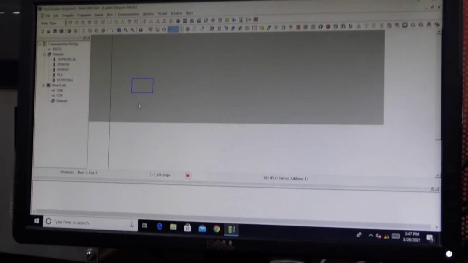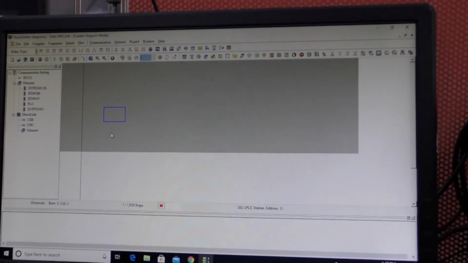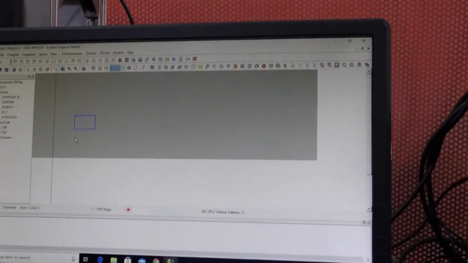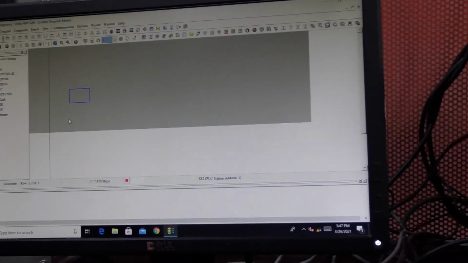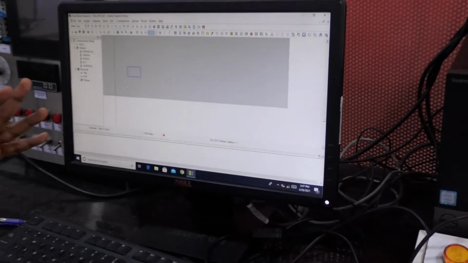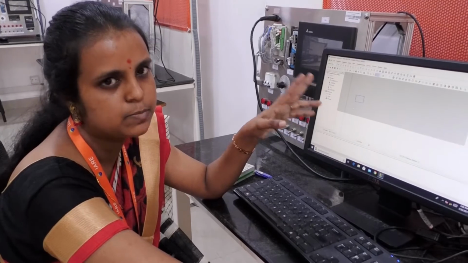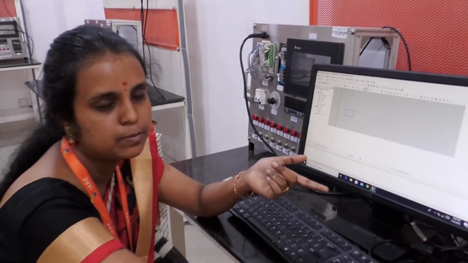That is important, right? The control purpose for our next program is: by pressing the switch an odd number of times the light should be on, and by pressing the switch an even number of times the light should be off. So odd number of times, if I am pressing the switch, the light must be on. Even number of times, the light must be off.